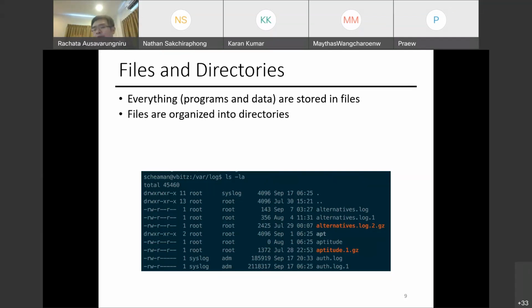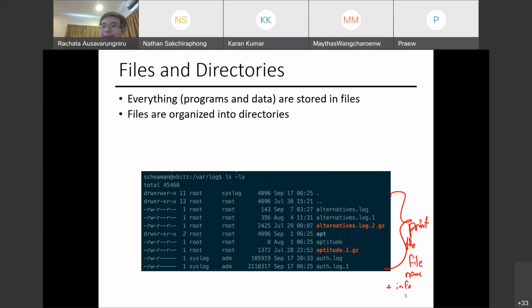Let me break this down. This is one example of what you see when you want to list the files in a directory. Because you don't have a graphic interface, you type things and see this text-based output. When I send the command to list out the files, it prints the file names and the information about the files out to you.